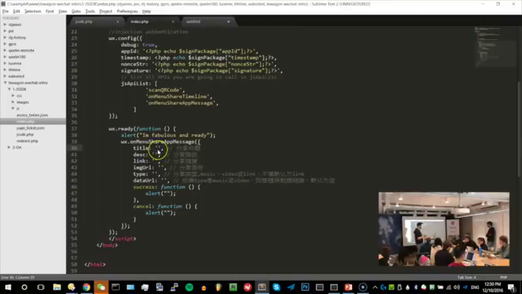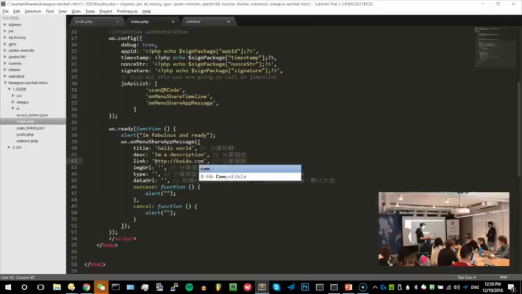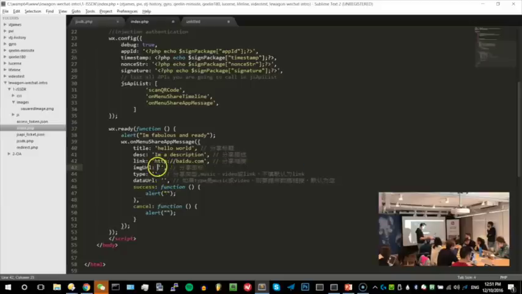Okay, so now that we can customize the system, let's try to add our custom title. Let's say hello world. Description: I'm a description. Link: the link we have, but we can put any kind of link like baidu.com. Image URL: I put an image inside the images folder, a squared image.png.